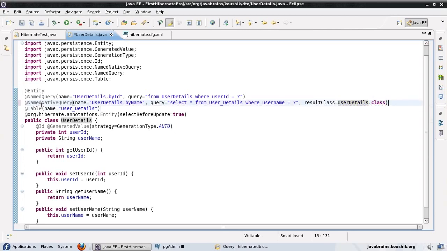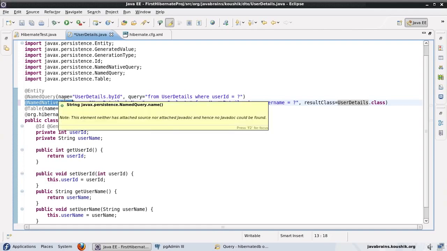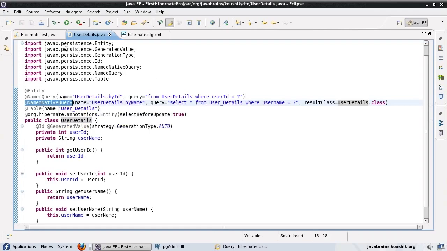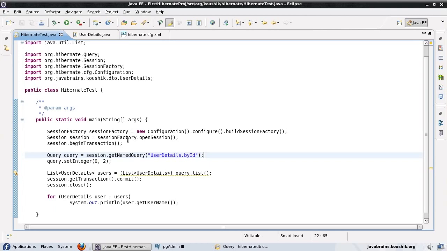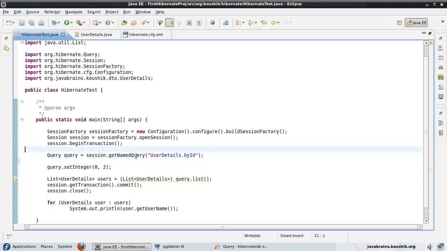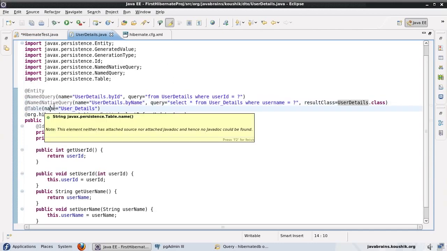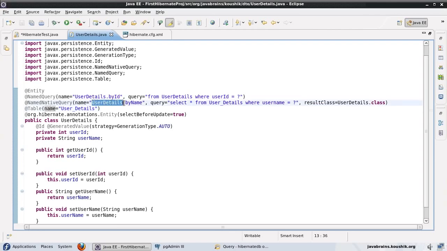Okay, so now we have defined this named native query. Let's save, and again we can use this native query in our session. I'll use the same method, but instead of using this named query, I'm going to use this named native query. So just copy this name